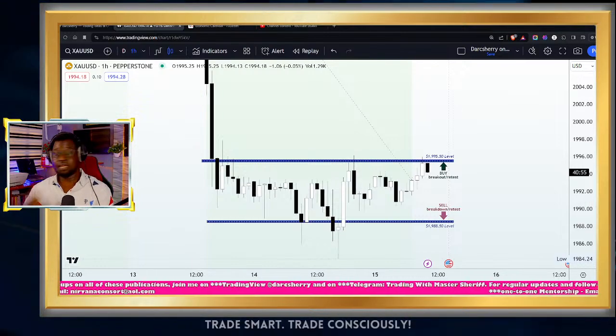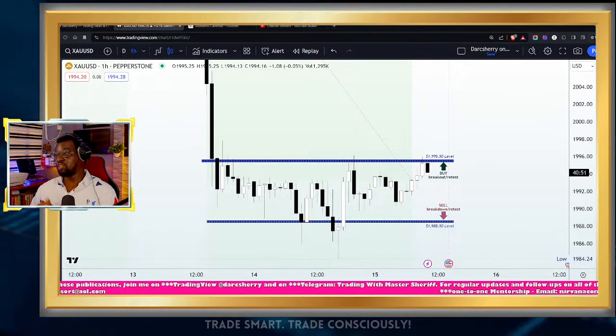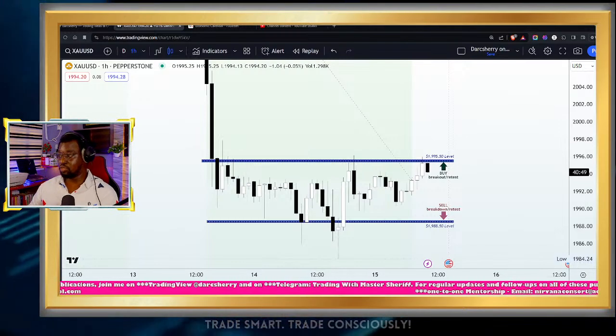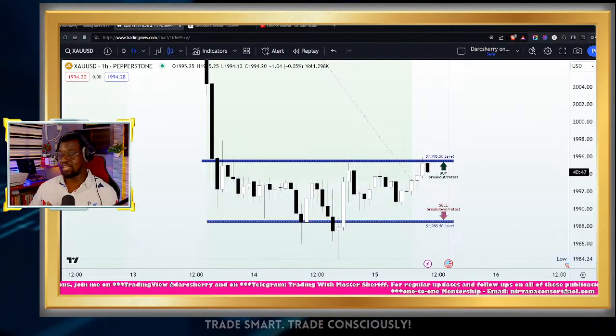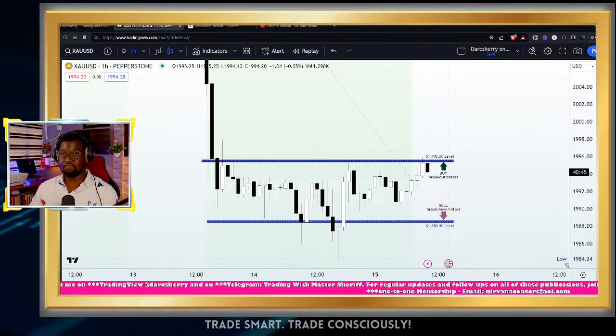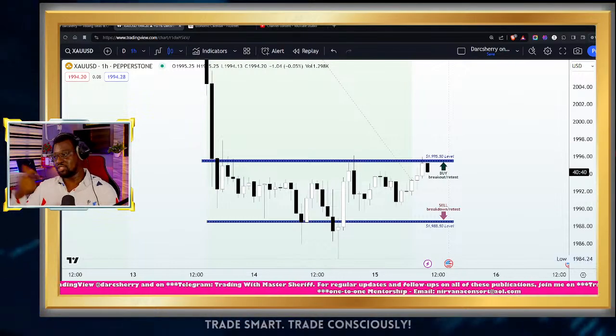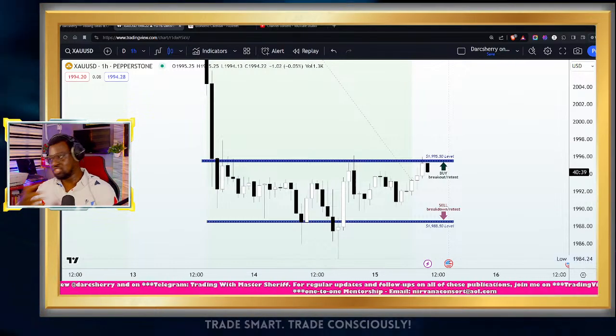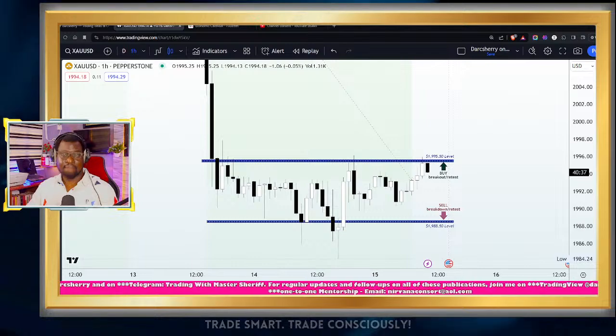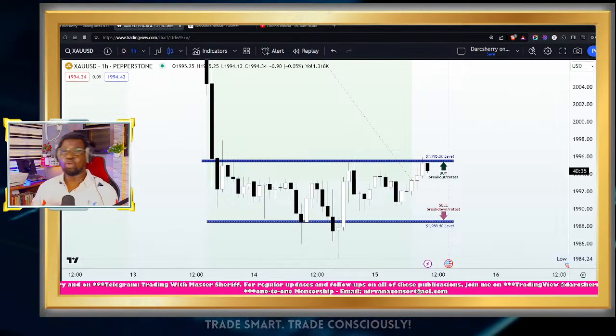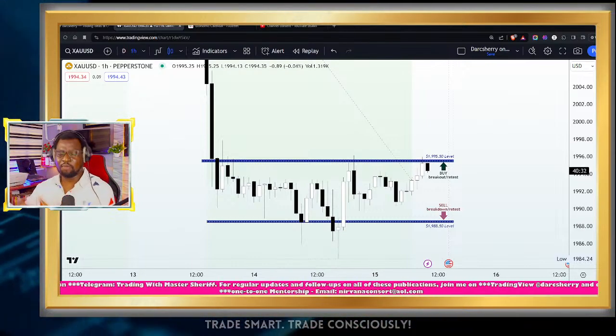Now, the increase in consensus that the Federal Reserve will maintain higher interest rates for an extended period of time has reinforced the unexpectedly high US inflation data, which was released yesterday on Tuesday, and this has continued to serve as a barrier for the gold asset to continue its uptrend move.